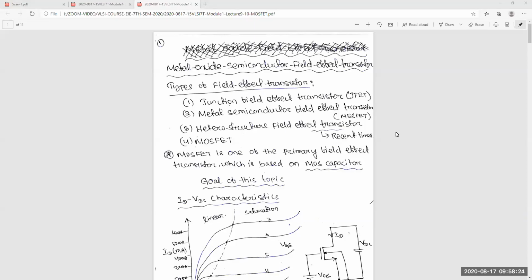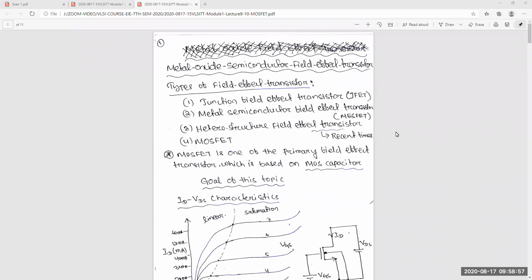Okay, good morning, friends. So today we'll start the metal oxide semiconductor field effect transistor. Till now, we have covered only the MOS junction or MOS capacitor, and one by one we have calculated the QV characteristics and finally the CV characteristics. Though that's a MOS junction, there is no electrical connection between the gate and substrate, and one oxide layer is in between. So there is no IV characteristics, only the CV characteristics.